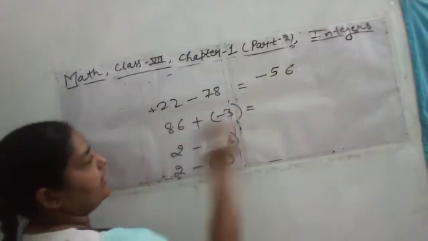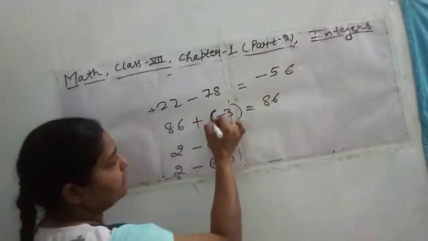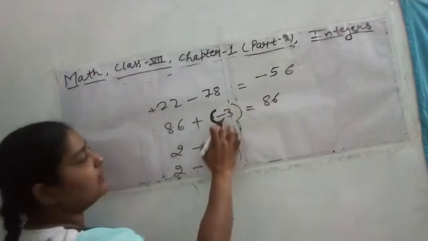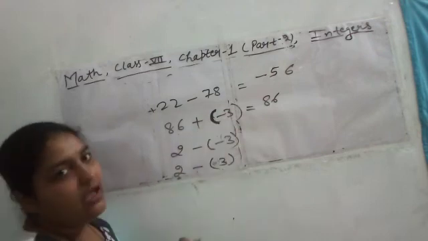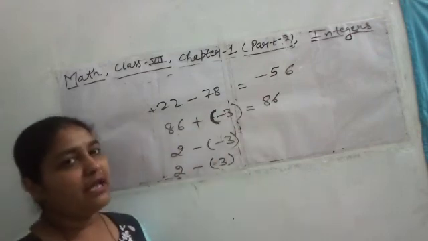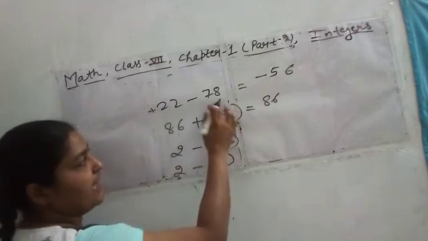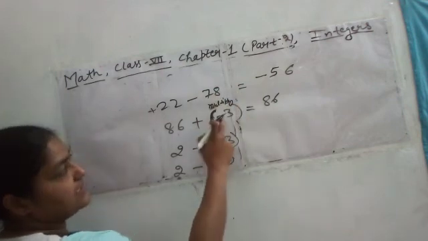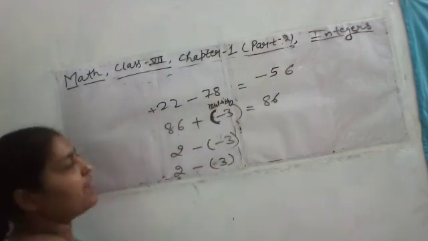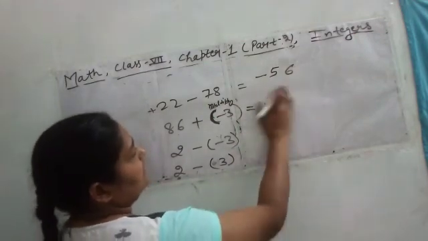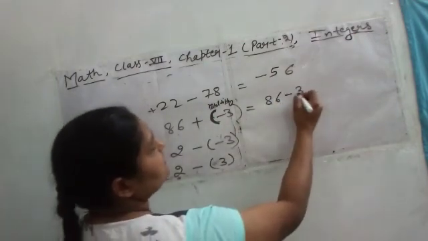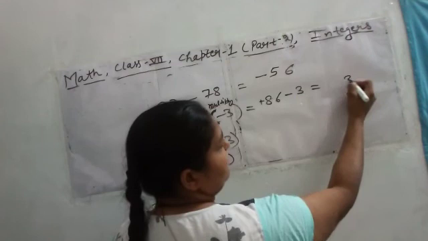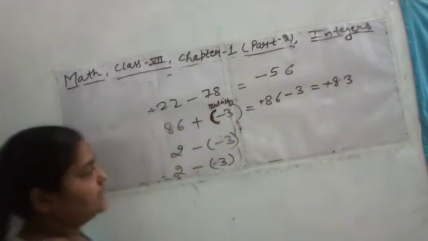Here 86, I have told you this bracket shows the multiplication, because two signs are together here. If two signs are together with a bracket in between, then we are multiplying. Here plus and minus. Now remember the rule: if we are multiplying, the bracket sign shows the multiply. We are multiplying plus and minus. Now remember, if we are multiplying plus and minus, we get minus. So 86 minus 3. Here this is plus, this is minus. The calculation will be minus and the sign will be of the greater digit.